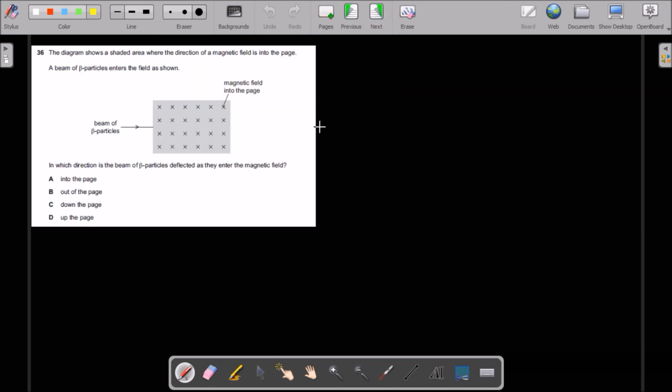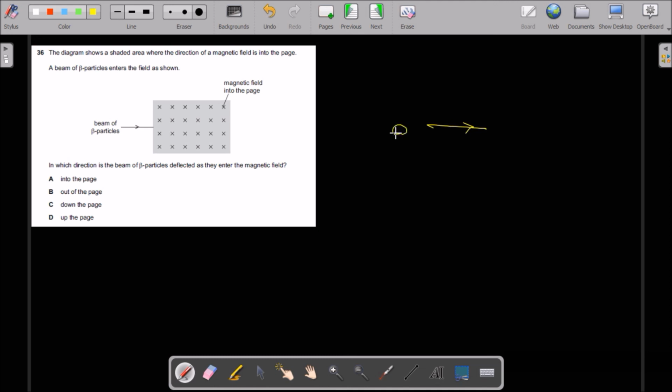Question 36. The diagram shows a shaded area where the direction of magnetic field is into the page. A beam of beta particles enters the field as shown. In which direction is the beam of beta particles deflected as they enter the magnetic field? We know that based on Fleming's right-hand rule or left-hand rule, I use right-hand rule, when beam is, for example,